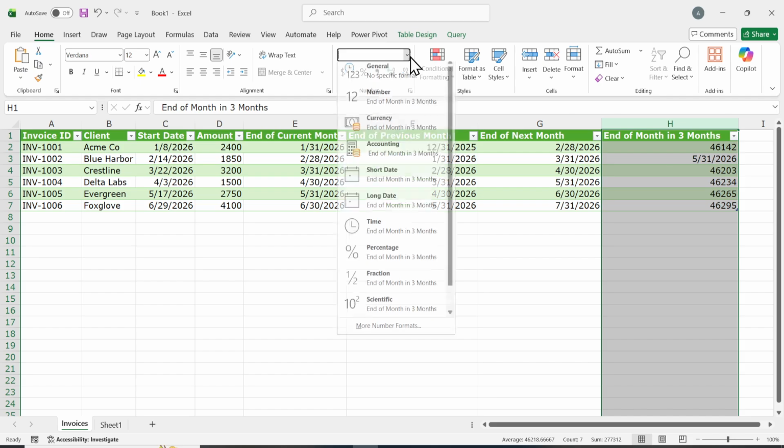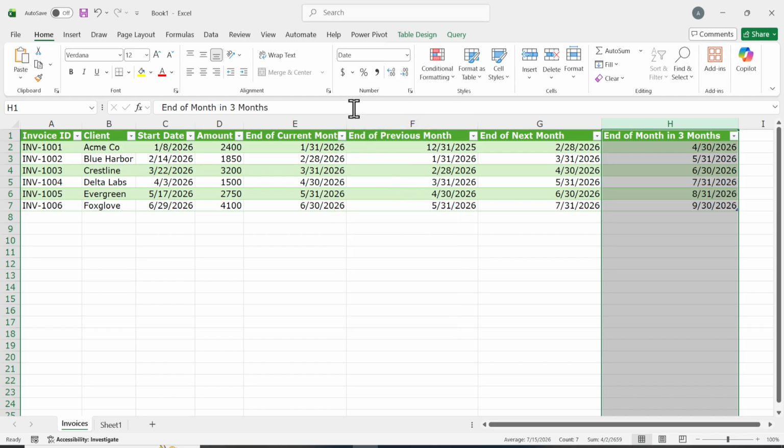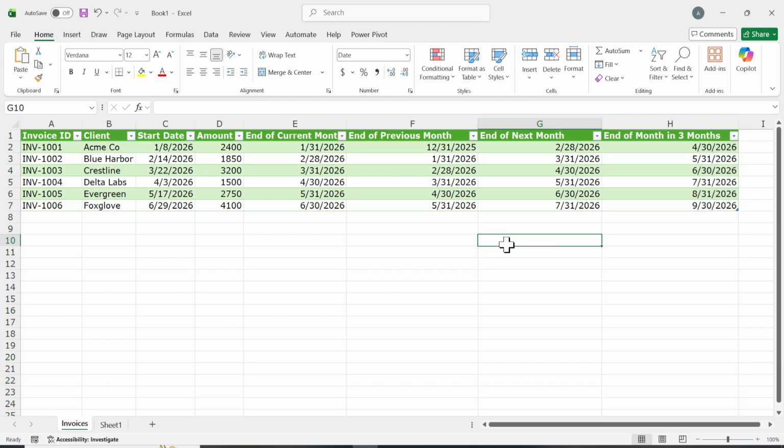Select the H column header, go to the Home tab, open the Number Format dropdown, and choose Short Date. Column H now shows the last day of the month 3 months after each start date. For a January 8 start date, the result would be